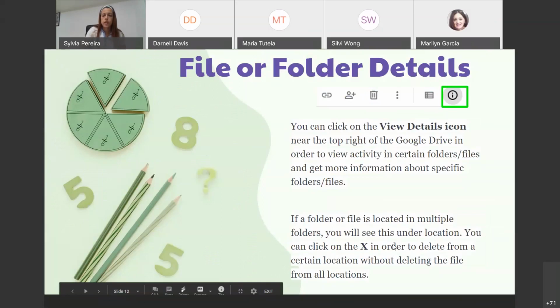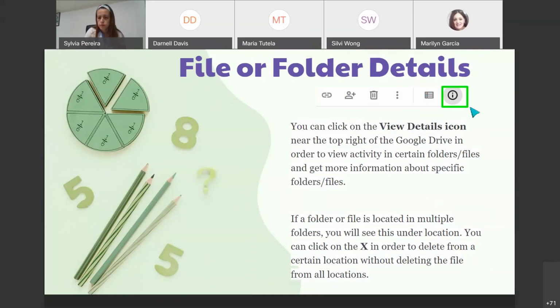Okay. Your file or folder details. So this is where you can go to find out details about your folder or your files. So at the top,